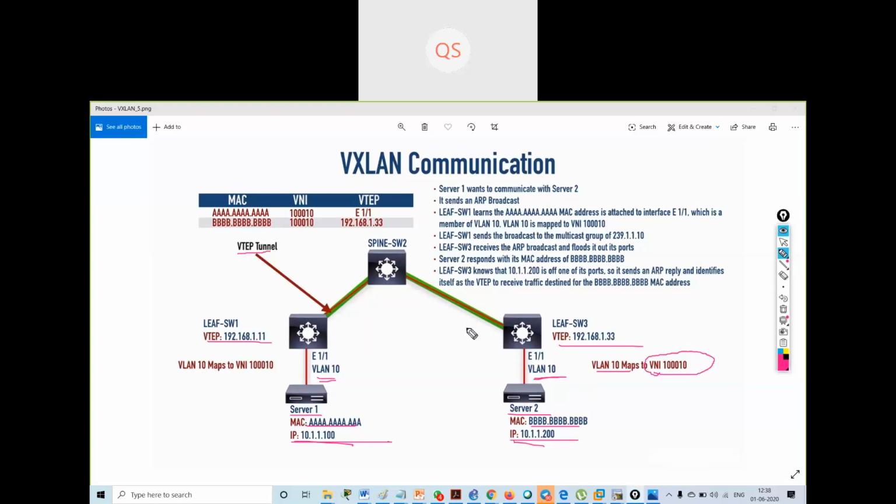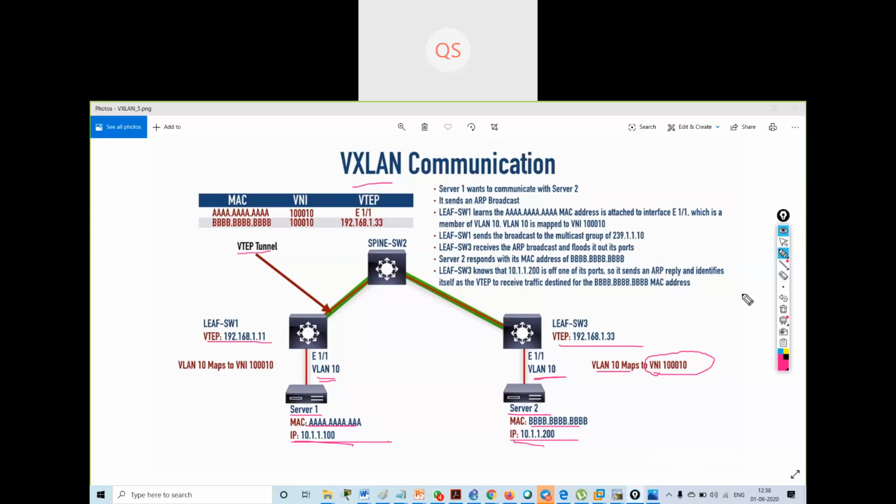So this is the same thing, but it is an extension of the VLAN concept. In VLANs, we were getting only some 4,000 VLANs. Now with VXLAN, we can get 16 million VLAN identifiers.